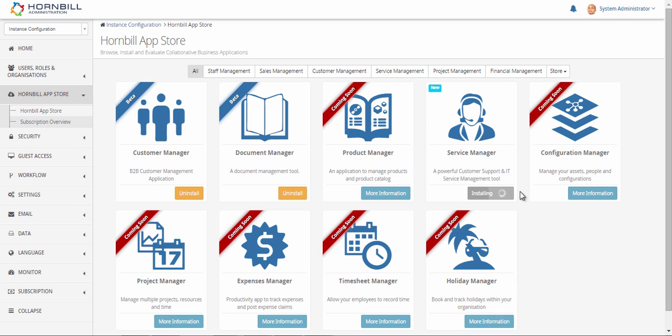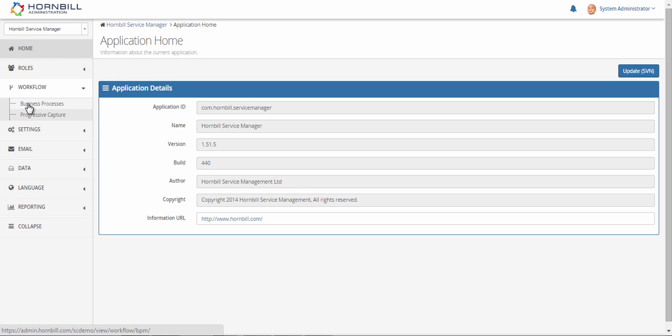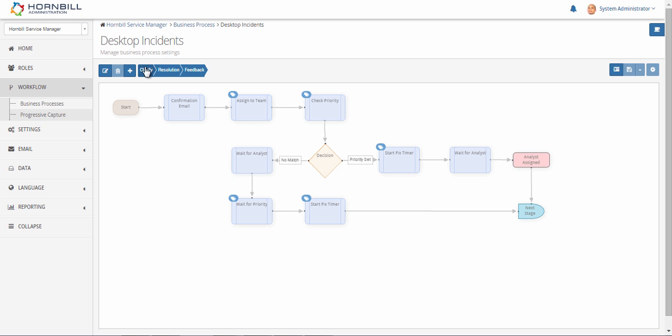Once installed, Service Manager is underpinned by mature business process automation and progressive capture design. Service Manager does not dictate how you should work. It provides you with the tools to allow you to configure how you want to work. You don't need to use complex business processes, but if you do, you can design different workflows to underpin your different process requirements. You can define if and when confirmation emails and email templates are used, if and when service